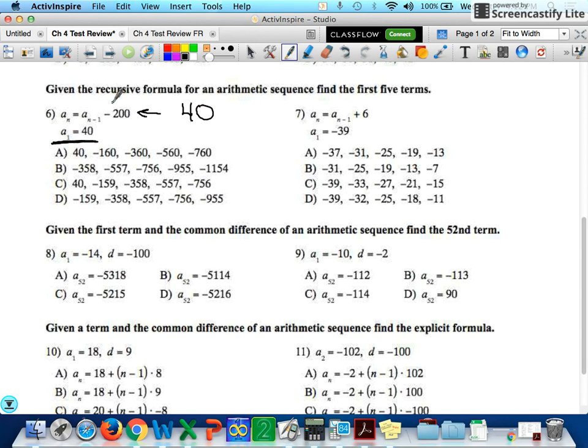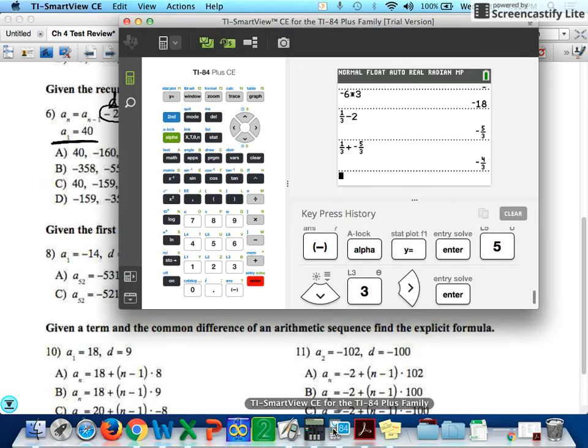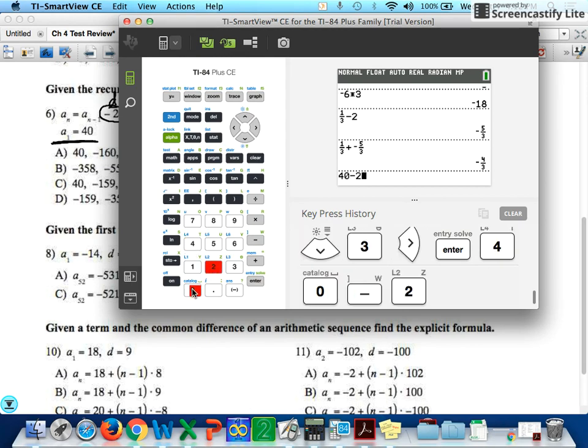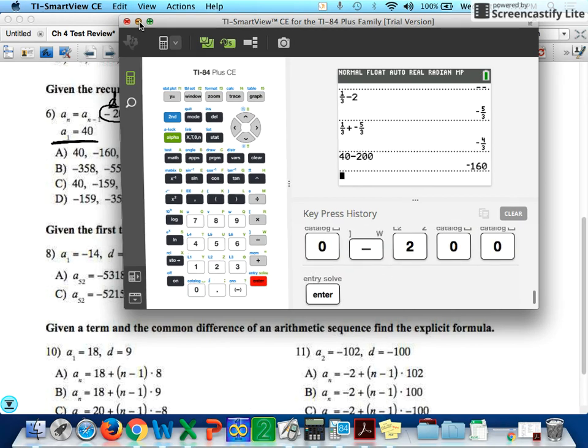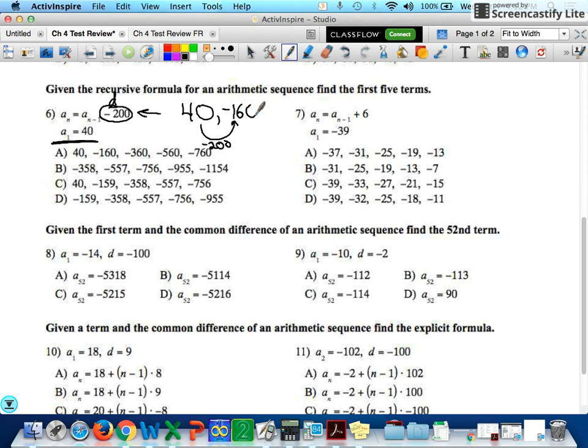And then what it tells us is that our common difference is negative 200, or minus 200, or adding a negative 200. Those are all the same thing. So to get to my next step of the sequence, I need to subtract 200. Well, if you're not great at doing that math in your head, just throw it in your calculator. 40 minus 200 is going to spit out negative 160. So negative 160. If I subtract 200 again, I get negative 360. Those are my first 3 terms. It says the first 5, but I look and I see I'm already only left with answer